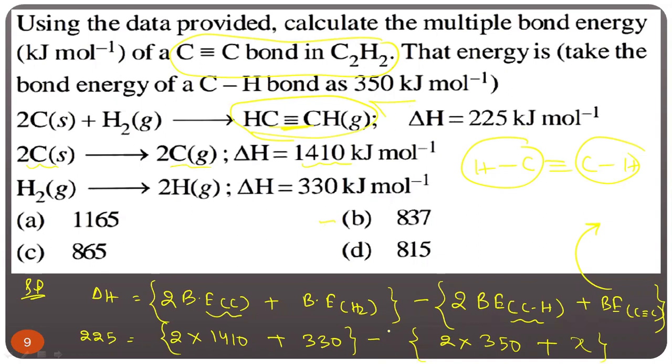Now after solving, I think you can easily get the answer. Look, is there any problem anywhere? 2C plus H2, you have to reach there, and look, this went here, this went here. So after solving, you can easily get the answer. Now can you solve this? Sir, why not? We can. If you solve this, I think you will get the answer. Clear?